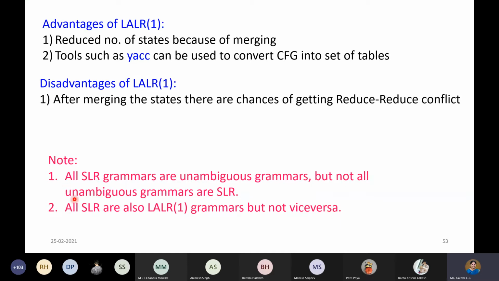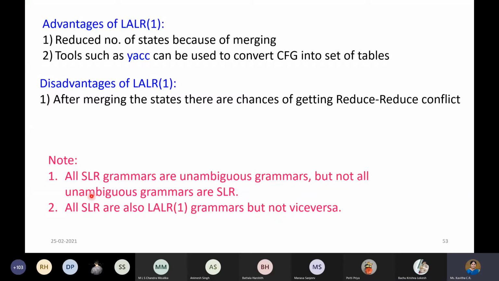So when I say that it is SLR, then also I can say LALR of one. Of course, if it is SLR, then definitely it has to be LR of one also, isn't it? Because in the hierarchy, in the next slide, I will show the hierarchy, then you'll understand better. If some grammar is satisfied for LR of 0, then definitely it will be suitable for SLR. It will be suitable for LR of 1. It will be suitable for LALR of 1.